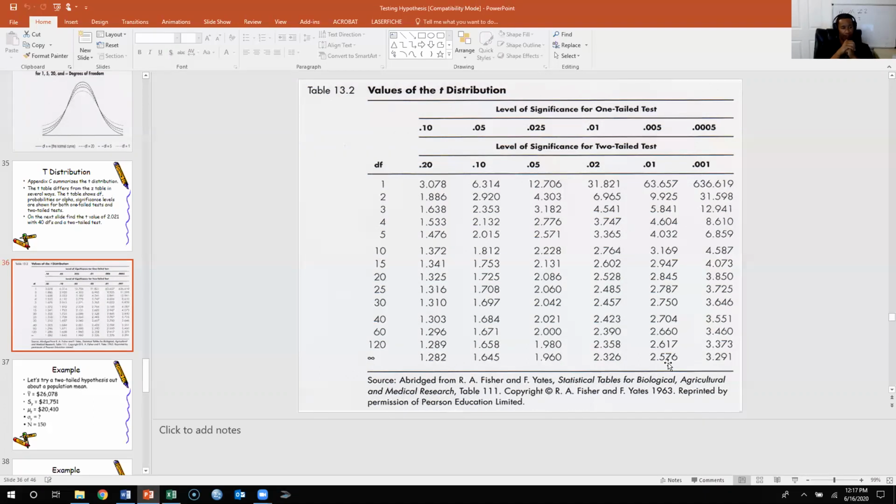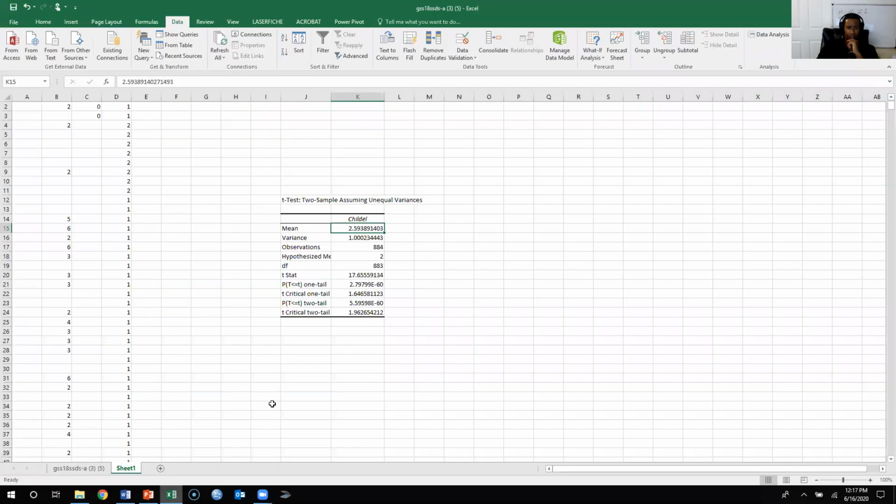Our T obtained of 17 point whatever is obviously way higher than this. And our T obtained is way higher than the 3.291. So in this situation, we know that we can reject the null hypothesis at the 0.05, 0.01, and then the 0.001 alpha level. Now this information right here, this P is T for a one-tailed test, it's just giving you the significance levels